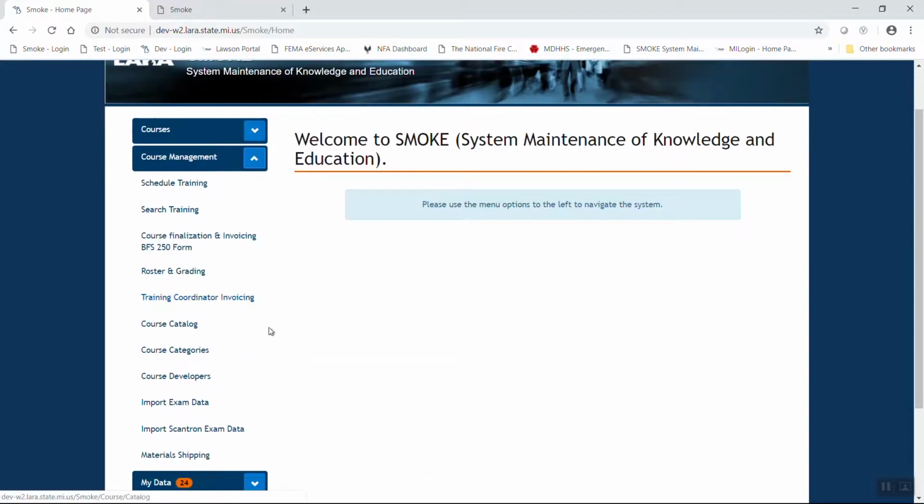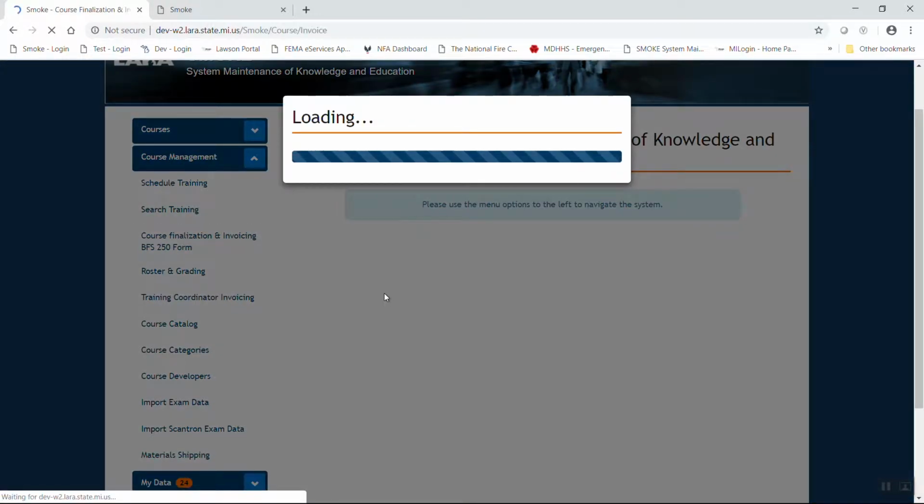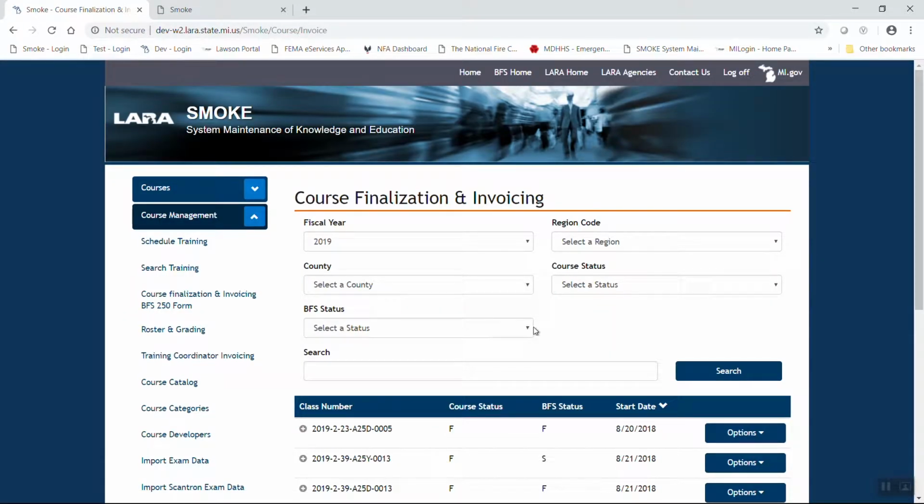From in here, you're going to select course finalization and invoicing. We also still name this the BFS 250 form from the old time that we used to do this via paper. So go ahead and select that function. Again, we're going to have some type of a search box in here. You can narrow this down using the fiscal year, the region. However, if you remember your tracking number from when you scheduled your program, you can enter just that tracking number